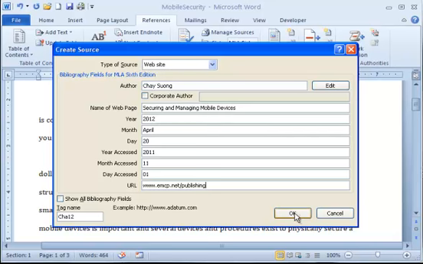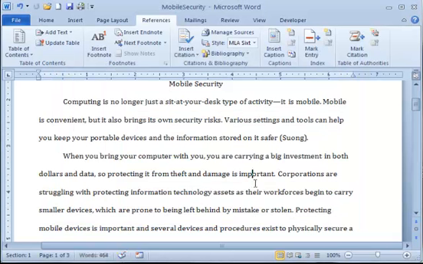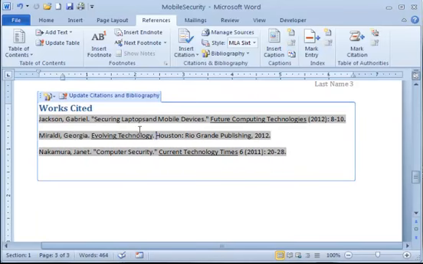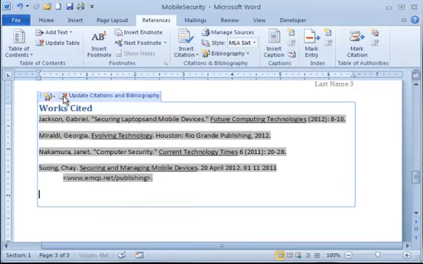Alright, we'll click OK out of that. That will insert the citation, and it puts the period after it, which is what we want. Now, since we've added that after we created the Works Cited page, we can update. If you click somewhere inside the Works Cited area, there's an option here, Update Citations and Bibliography. If you just click on the button there that has the red exclamation point, that automatically adds the new source and puts it in alphabetical order. And it looks like it automatically indented that,